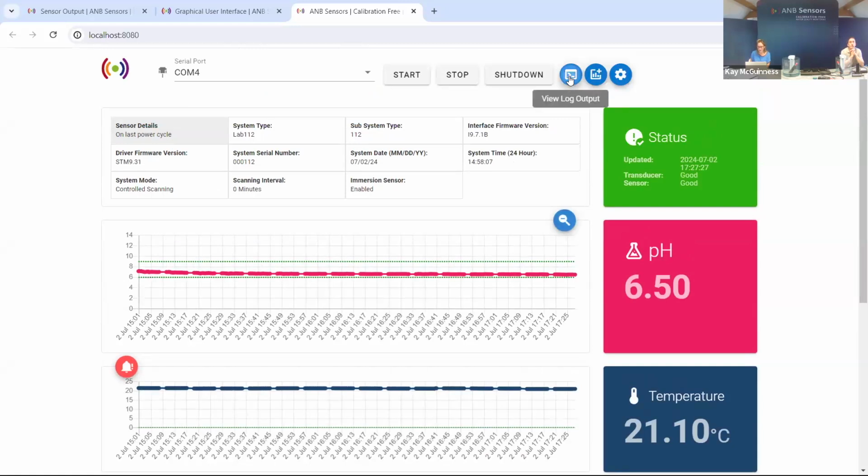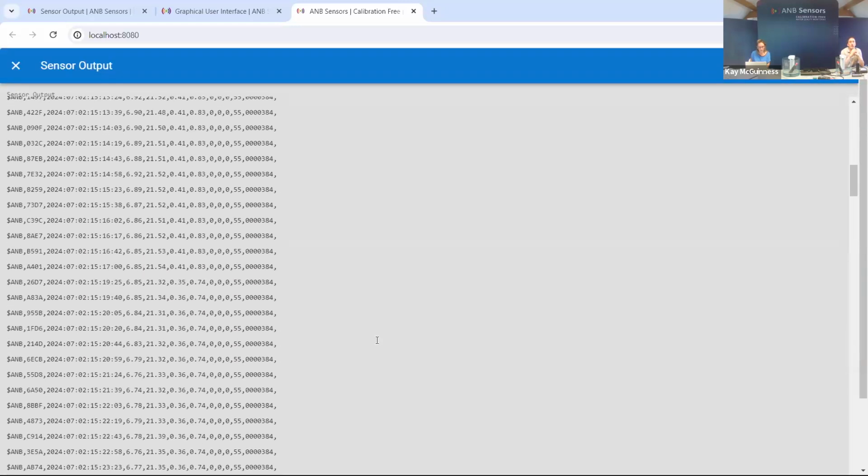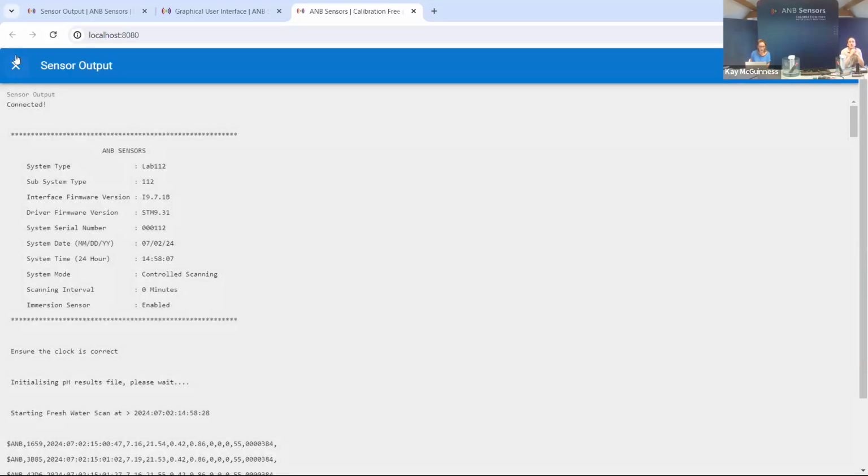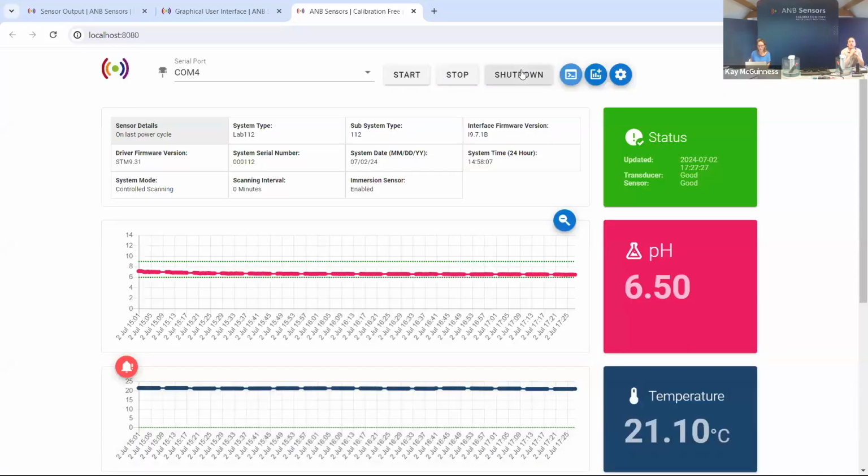This one gives you the log output, so that's the data stream there. And then you have the stop and shut down and start, which speak for themselves. But yeah, this is our user interface, really easy to use, really straightforward, and free of charge from our website. What I forgot to mention before is that when you use the A&B utils, which you also just download